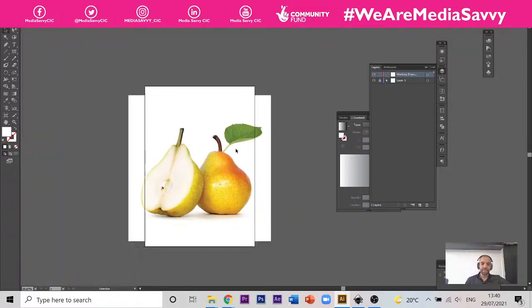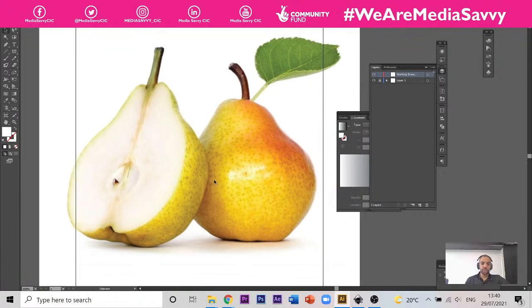Okay, now last week we used a tool called the graphic pen tool, and we're going to use that graphic pen tool to create this shape here. We're only going to concentrate on this full Pear for the time being. Okay, and we're going to trace around this shape, and then we're going to apply the gradient mesh to it. Okay, so the graphic pen tool is this tool here,